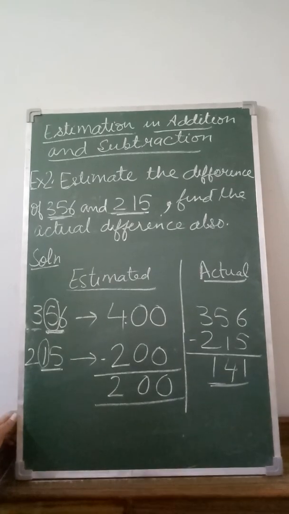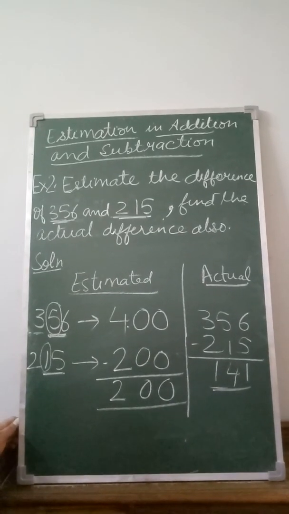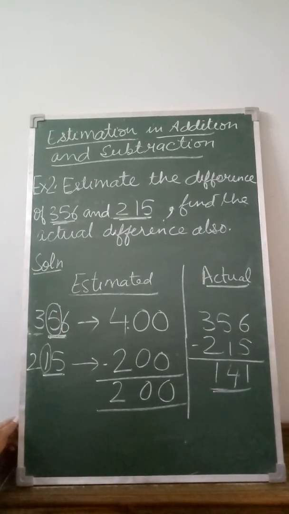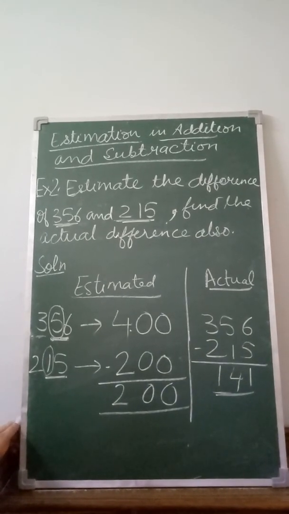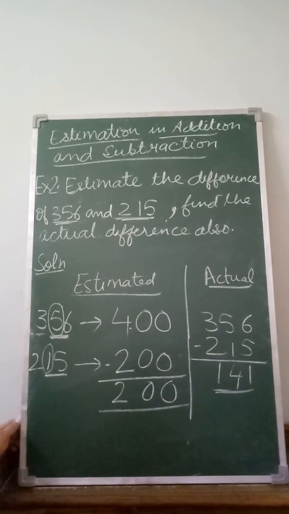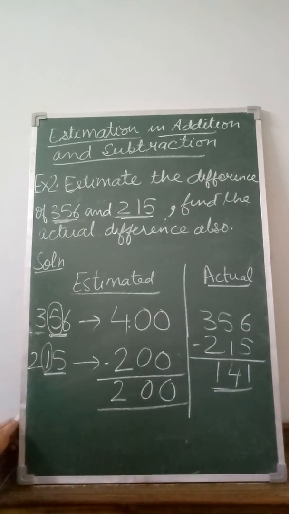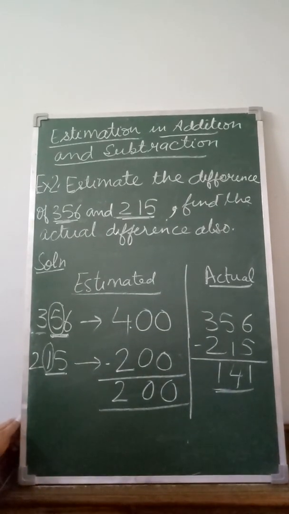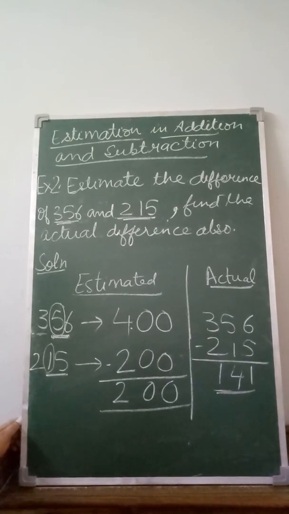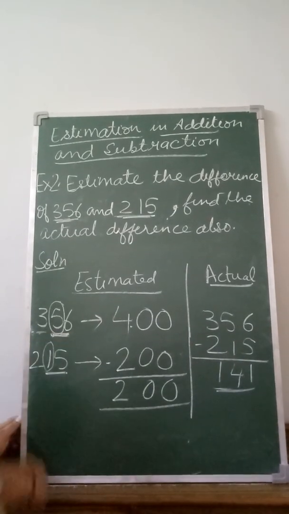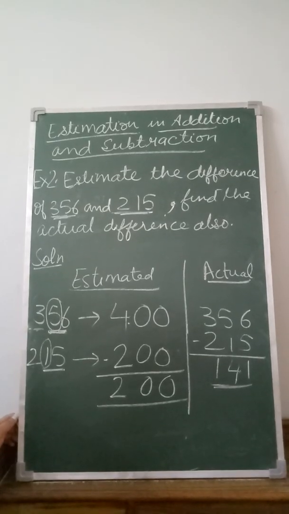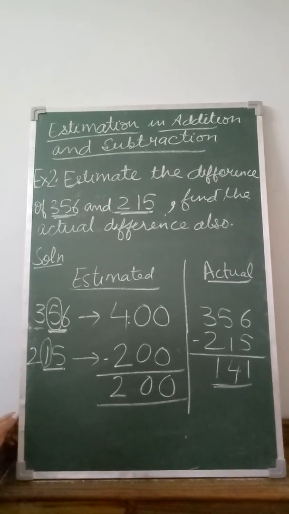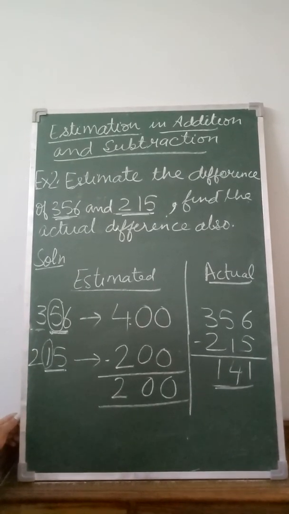First, estimation. Estimate the number according to the nearest tens or 100, if it is given in the question. If it is not given in the question, then you have to look at the digits in the question. If it is a 2-digit number, then convert it to the nearest 10. If it is a 3-digit number, then convert that number to the nearest 100. And the rules are with you. You have to learn the rules while doing the questions. It is very important to learn the rules. Otherwise, it's very difficult for you to do the questions.